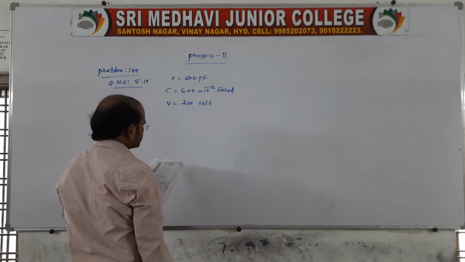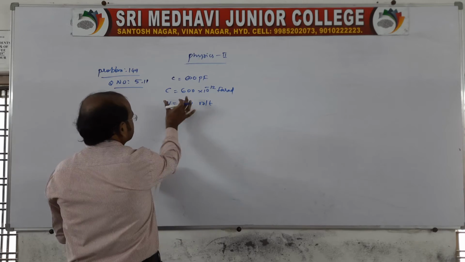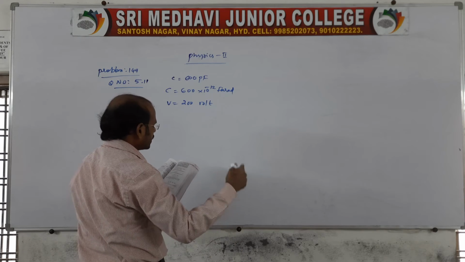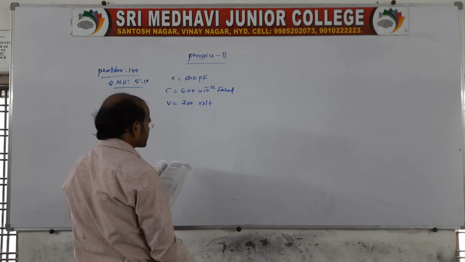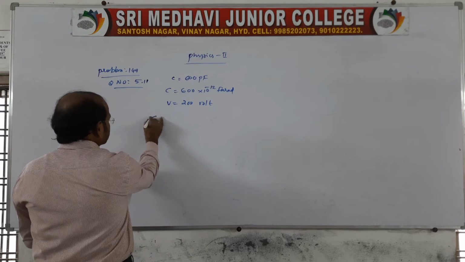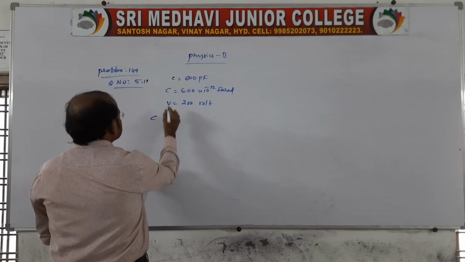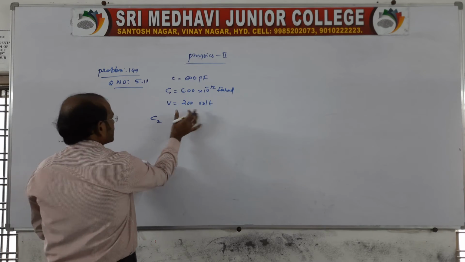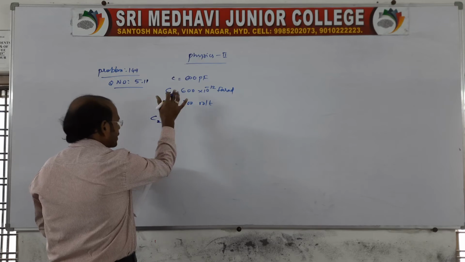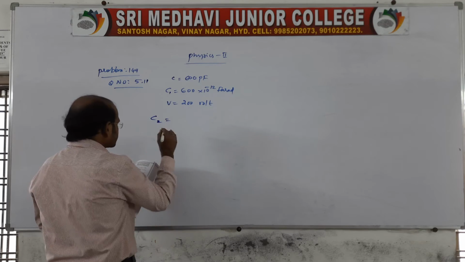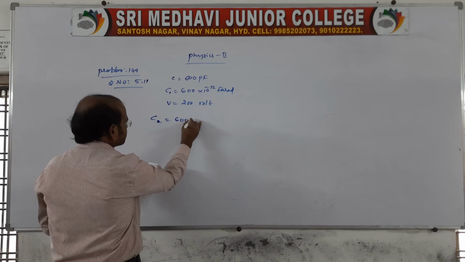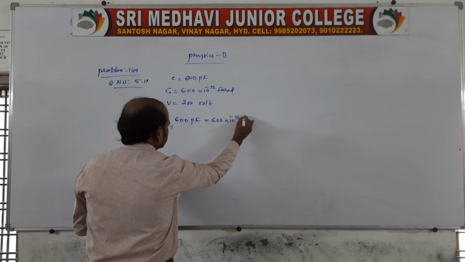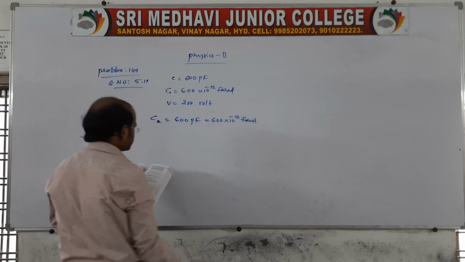It is then disconnected. Now the battery is disconnected from the supply and is connected to another uncharged capacitor of 600 pF. So there is another connection given; better you take the first as C1 and the next one as C2, because after charging, the battery supply is removed and it is connected to another 600 pF picofarad. Then better you write 10 power minus 12 farad, right?